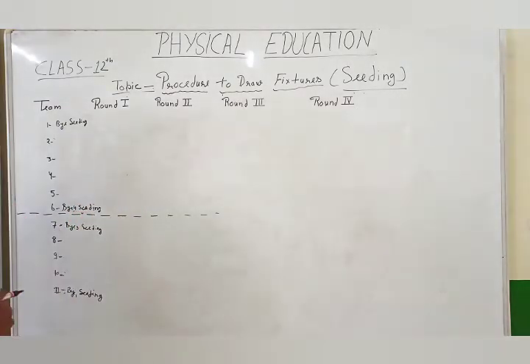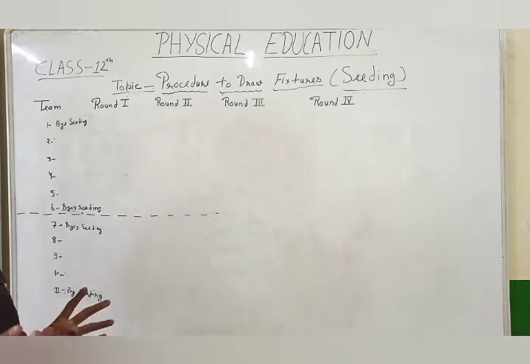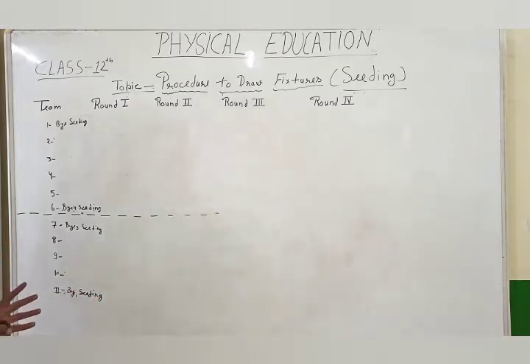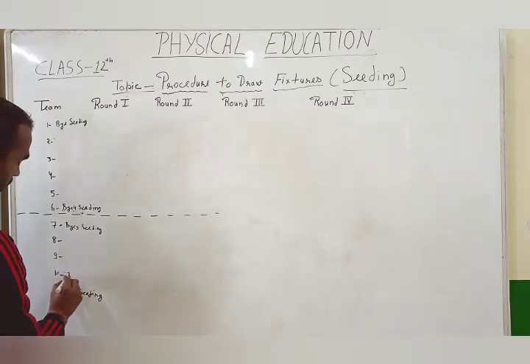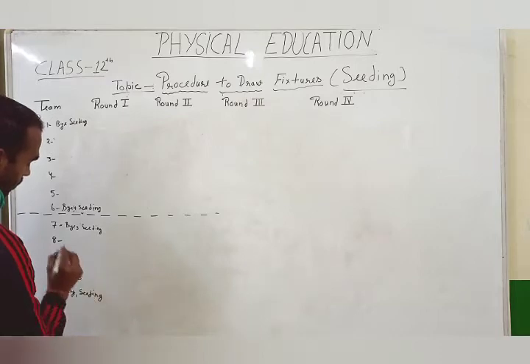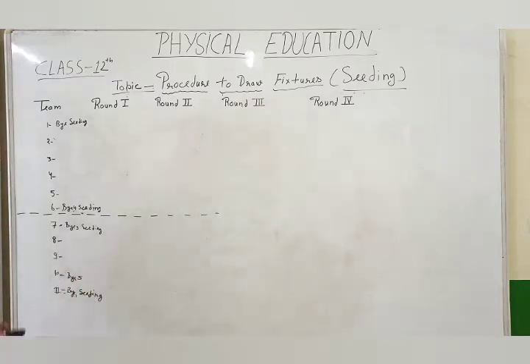In 11 teams the total number of byes is 5. Now we are giving the last bye, number 5, and seedings for 4 teams: seedings 1, 2, 3 and 4. The last bye goes to the second last team in the lower half. So bye number 5. We have given the total byes and total seedings.